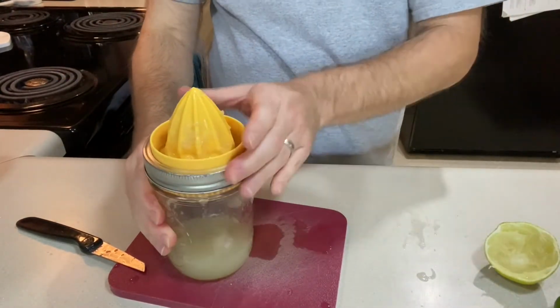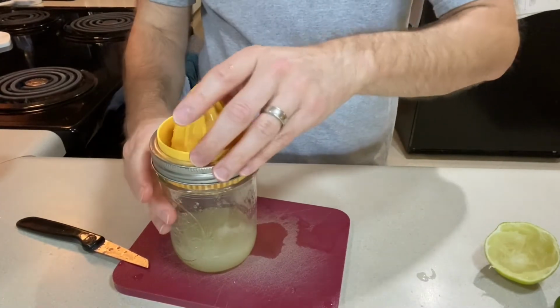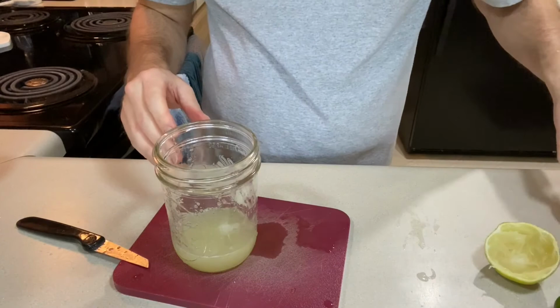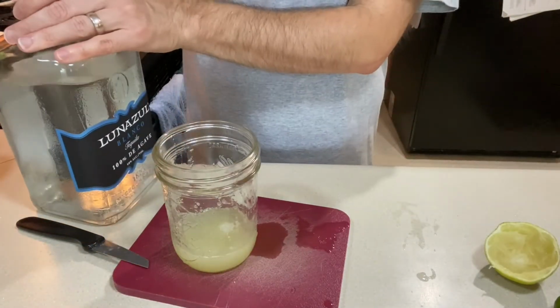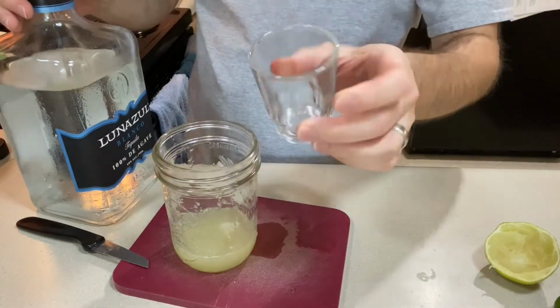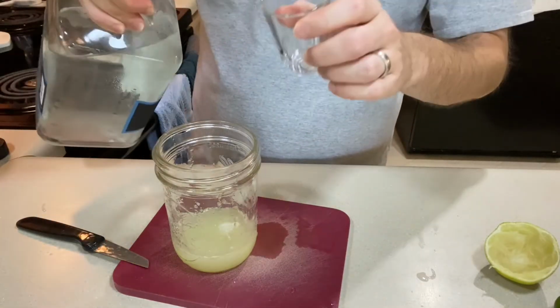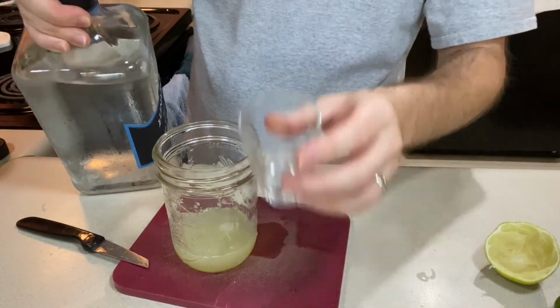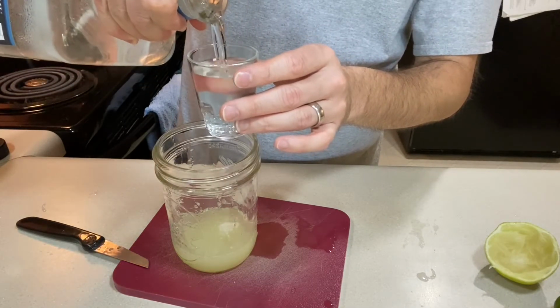And then once I've got that stuff juiced, we just need to add our other stuff. Guys, I just measure it by a shot, so I think that's like 1.5 ounces, maybe 2 ounces. I'll put the link to the recipe down below on the actual amounts. But I just pour a full shot of tequila,